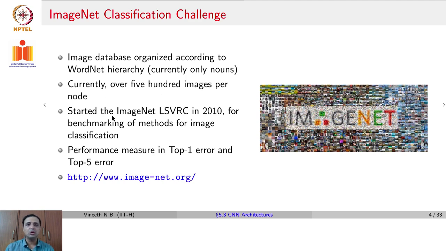This led to a significant effort across researchers to benchmark their machine learning models, computer vision models in particular for image classification, on a common data set in which everybody could check how their models performed. The performance measure on this data set was known as the top 1 error, which is the error when you look at the best prediction of the neural network against the ground truth, and the top 5 error, where you try to check if the ground truth was in the top 5